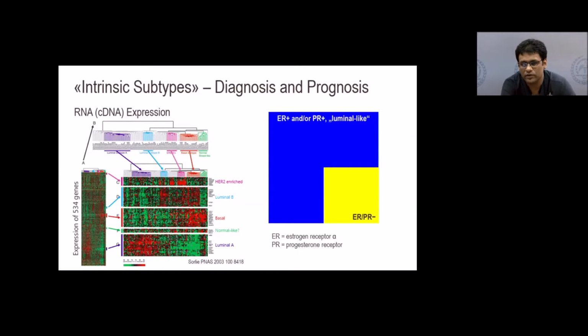So you have luminal, which has luminal A and luminal B, then the HER2 enriched type, and then basal. This is the overall classification of breast cancer. But you must remember that doing these sorts of gene arrays in a clinic is not feasible. These are all very much in the research domain. So one way of classifying that we look at is to divide them as hormone receptor positive or luminal-like, and then receptor negative.